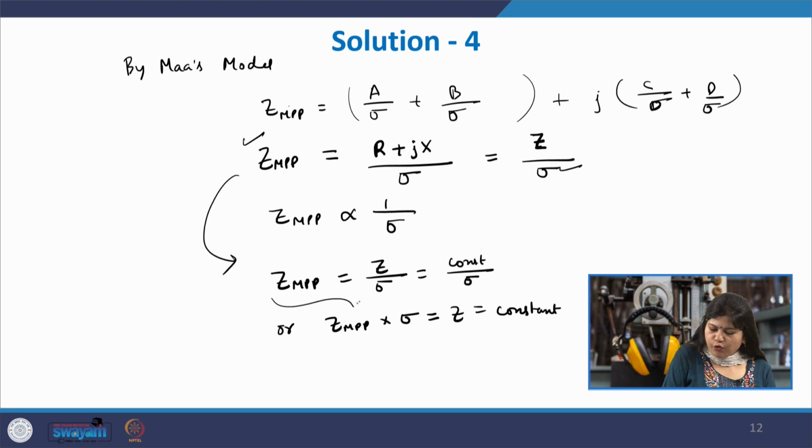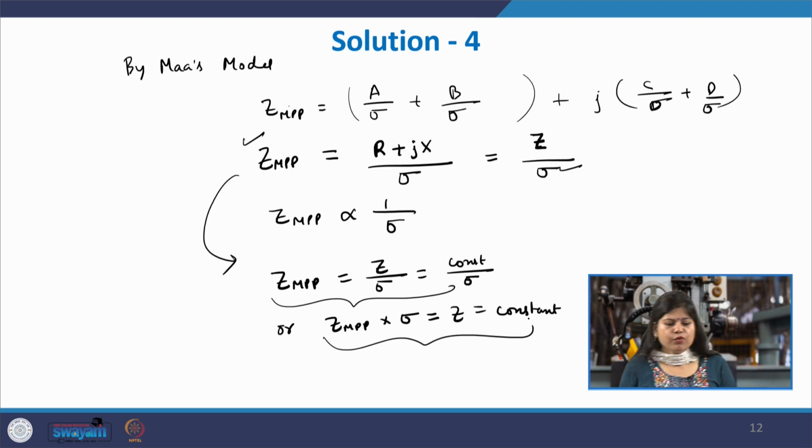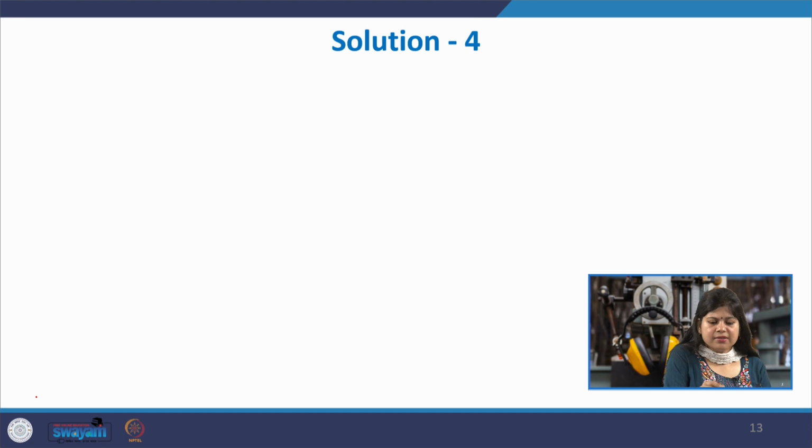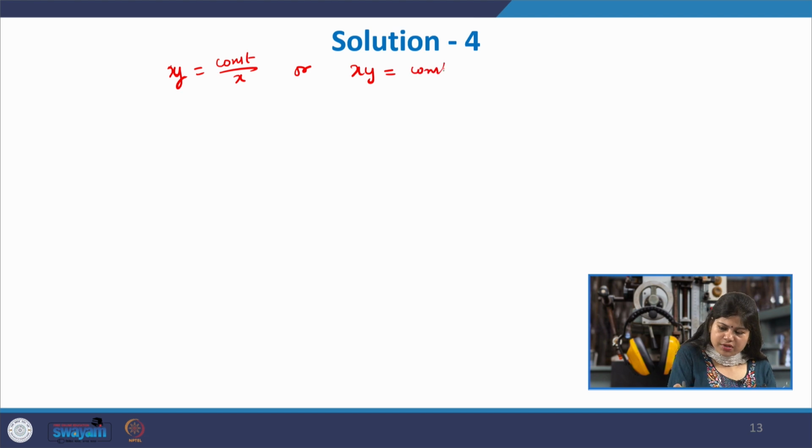Okay. So, any two formulations you can use. Now, if you recall, suppose we have two variables x and y, then x y is equal to some constant. This corresponds to the equation